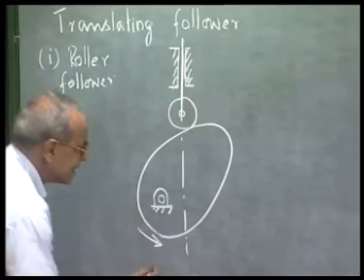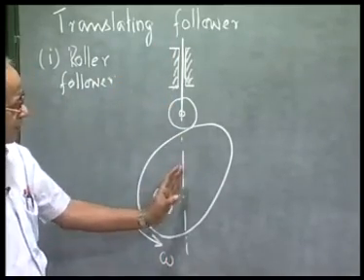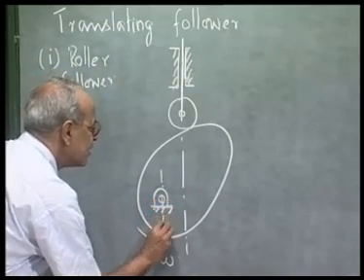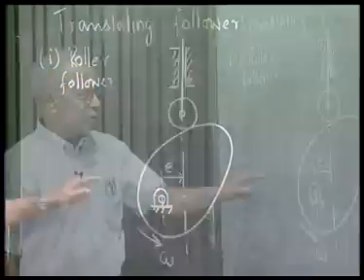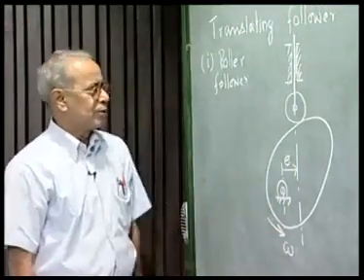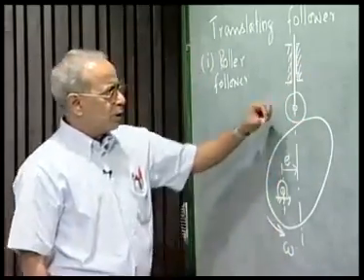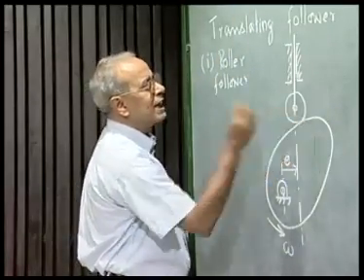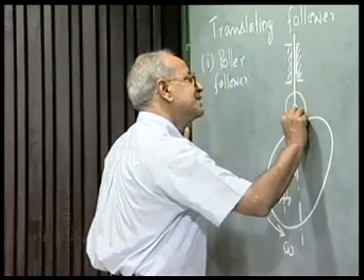Suppose the cam is rotating in the counterclockwise direction at constant speed, and the roller follower is mounted in an offset manner as shown in this figure. This distance, as we know, is called the amount of offset, the positive offset, because it is rotating in the counterclockwise direction. Now, we are doing a static analysis. That means we will not talk of the acceleration of the follower. Now, if we neglect the friction between the roller and the cam surface, then the driving force onto the follower is along this common normal,